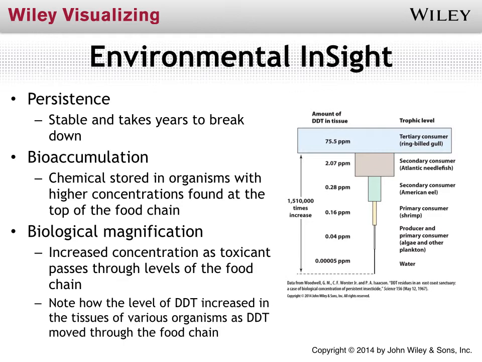So then, because DDT is persistent, it doesn't break down readily, it can take years, because it accumulates in the fatty tissue, and then because it can magnify up the food chain from very low to relatively high concentrations, it can have the ability to then be toxic enough, or be at a high enough concentration, to start having some sort of toxic effect. And again, although DDT doesn't kill things outright, if they don't reproduce, eventually that means they're going to go extinct. So again, a few terms here to make sure that you commit to memory.